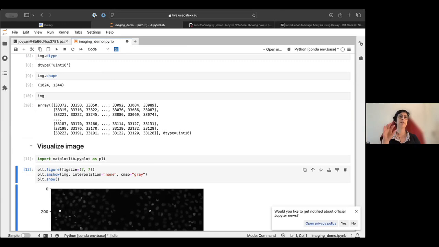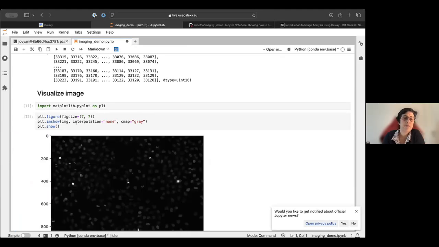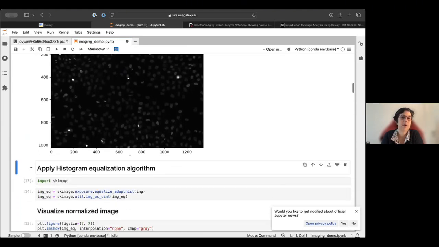And in fact, for everything you see in Galaxy, you always have code behind. And this is very transparent. You can always look at what has been done in the Galaxy tool. And you can also start from there, for instance, for improving the algorithm. So here I can make some visualization with imshow, which is a very basic visualization in Python. And similarly, we see some of the cells, but there is not so much contrast. So we can also do some